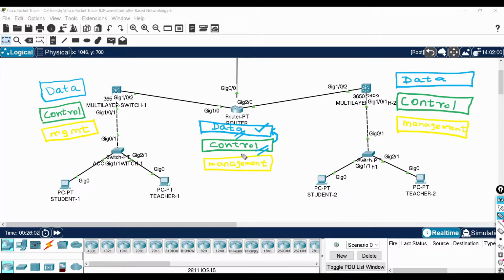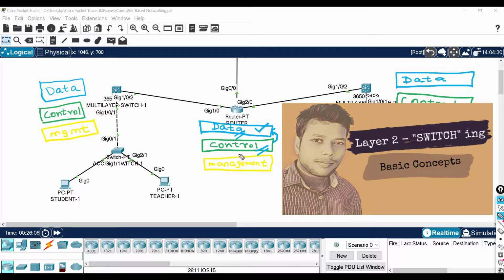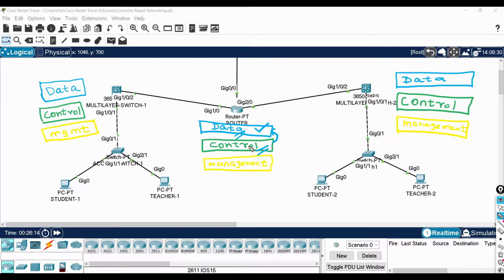Similarly, the MAC address table. In my previous video, I explained that every entering frame will record its source MAC address in the CAM table, and that activity is taken care of by the control plane. Also, the ARP table is filled based on control plane activity only.